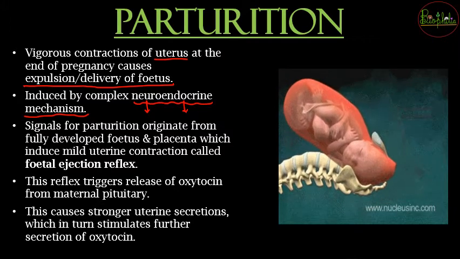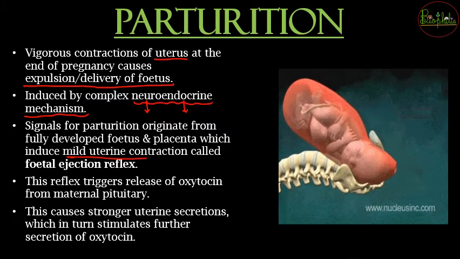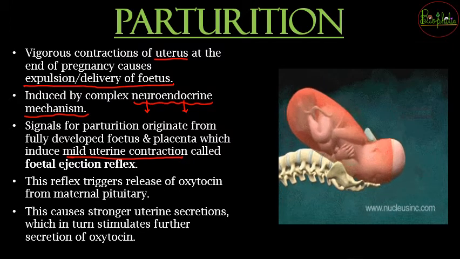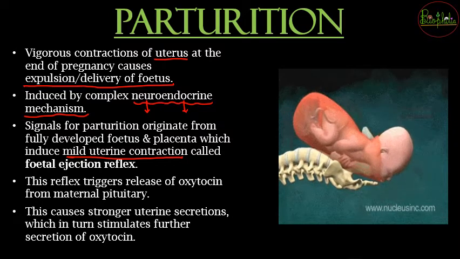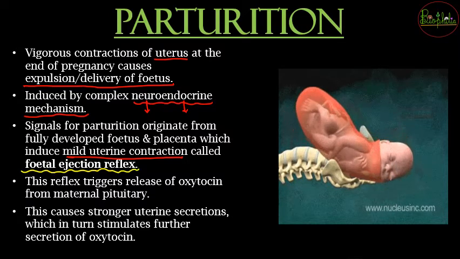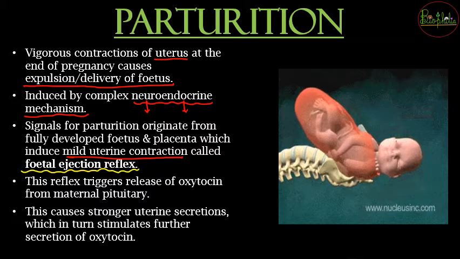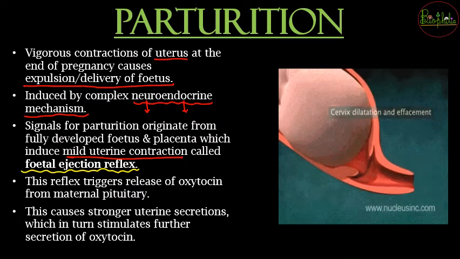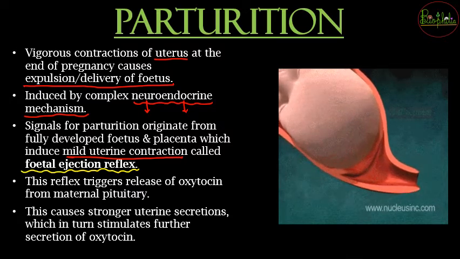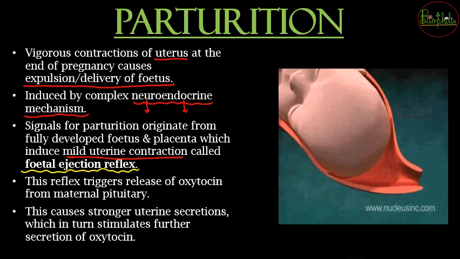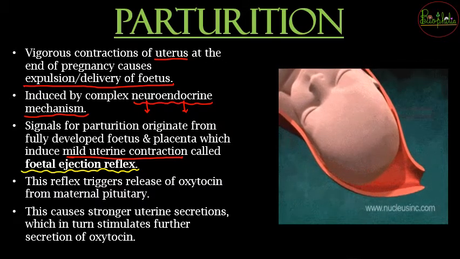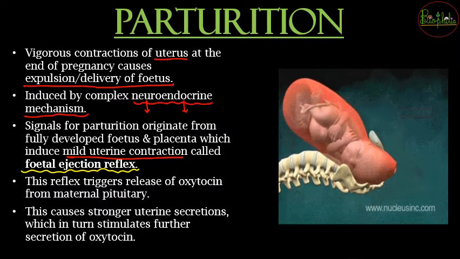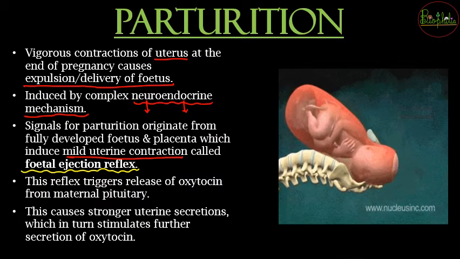During that time there are going to be mild uterine contractions which are going to be initiated by the fully developed fetus and the placenta. These are nothing but going to be called the fetal ejection reflex. ये जो mild uterine contractions हैं, यानी धीरे धीरे a small baby trying to squeeze a mango, is it going to remove the seed out? No, it is not going to. But once the mother understands that the baby is trying to squeeze a mango that she needs to eat, उस टाइम पे क्या होगा, the mother is also going to start squeezing a mango for the baby.